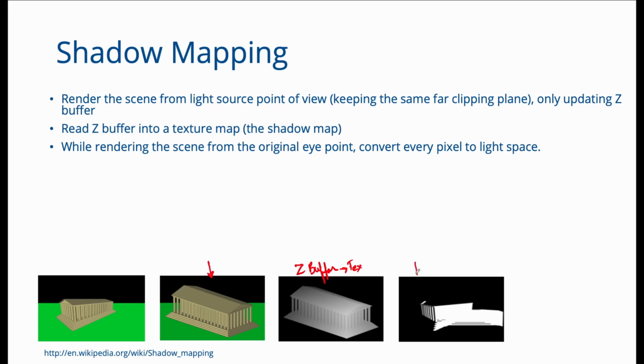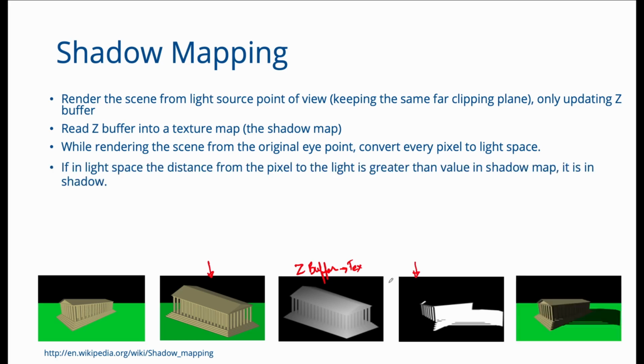This allows you to create a shadow variable which is 0 or 1 depending upon whether a point is in shadow or not. So here you can see that the regions that are in shadow are colored white, and the regions that are not in shadow are colored black, in this image. When we apply this to your final render, the points that are masked by this image appear in shadow in your final rendered image, and the other points are out of this shadow.